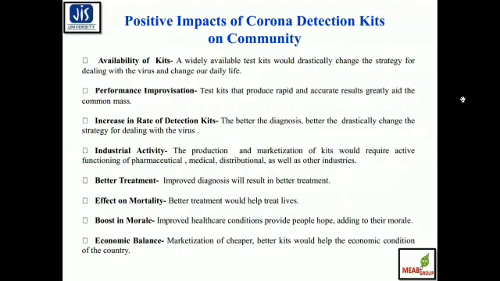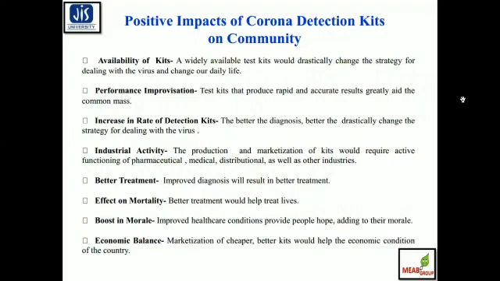So then what are the positive impacts of the corona detection kit on the community? Firstly, the availability of the kit. A widely available test kit would drastically change the strategy for dealing with the virus and change our daily life. Secondly, performance improvisation. The test kits produce rapid and accurate results, which greatly aid the common mass. An increase in the rate of detection makes for better diagnosis and drastically changes the strategy for dealing